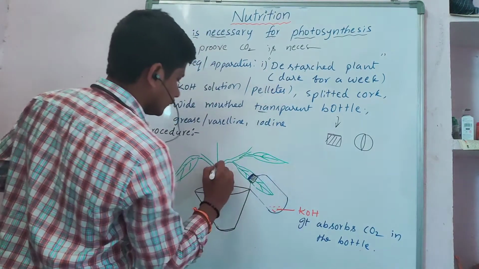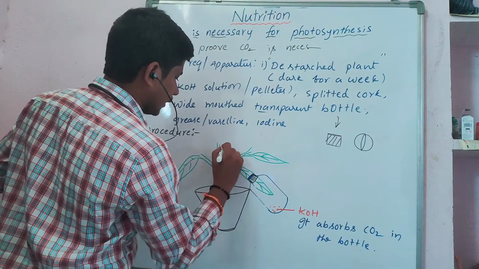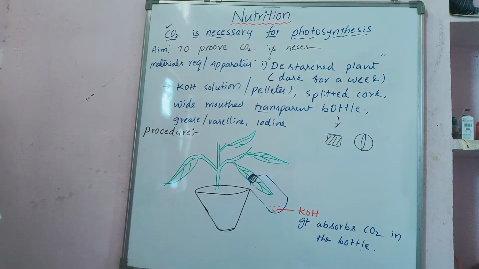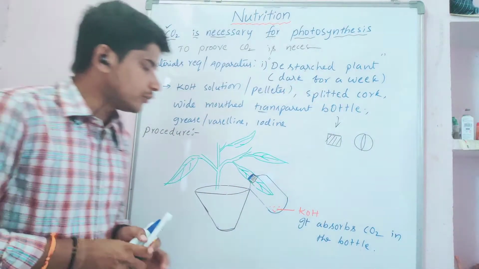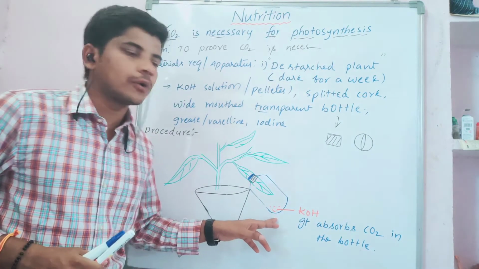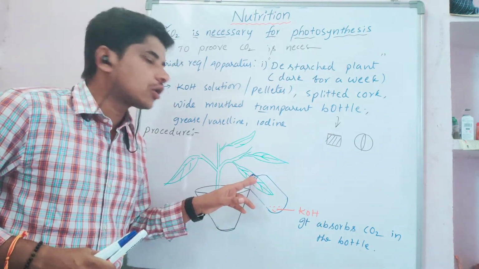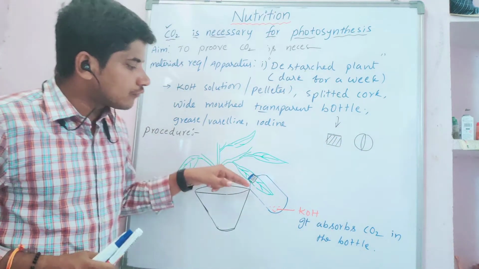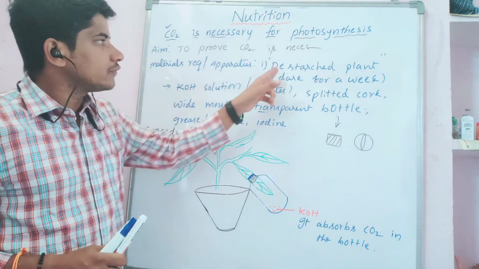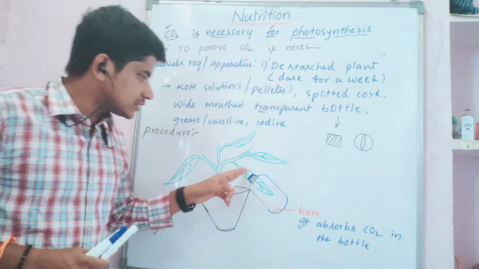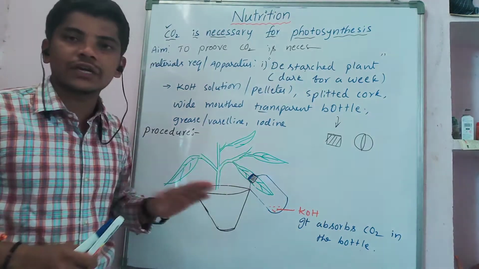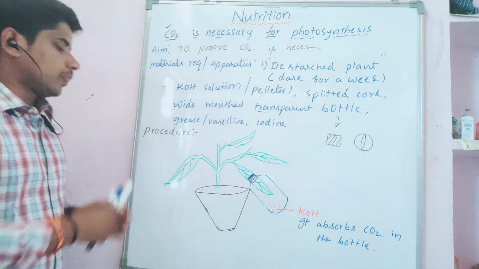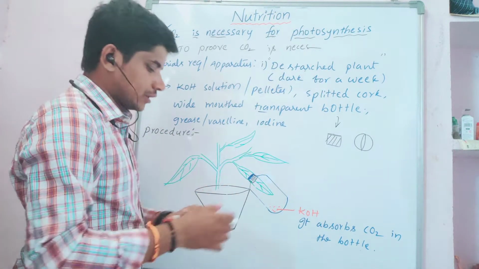Okay. This is the plant which we took for an experiment. Now this is a set. So what are we doing? We are taking that KOH solution in the bottle and we are inserting the cork. Through the slit, we are inserting half of the leaf of the plant which we have de-starched already. That means the leaves of this plant don't have any starch because we kept it in the dark for about 1 week. Now take this set and keep it in sunlight.